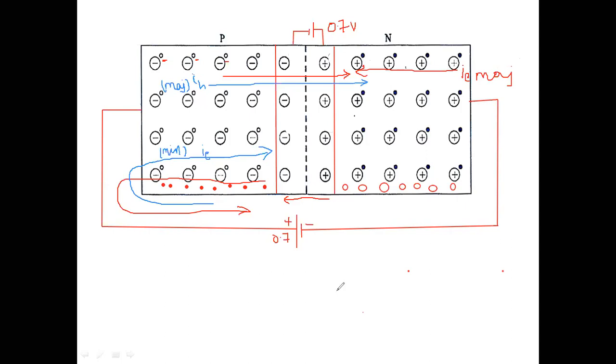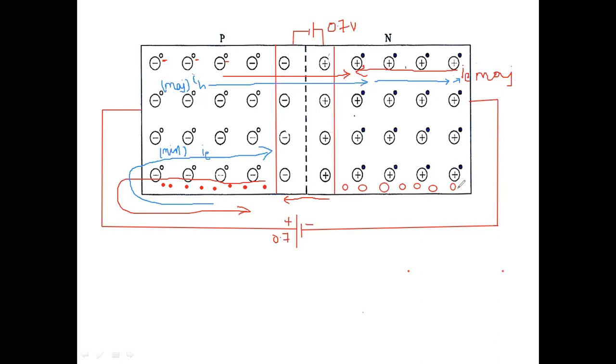Okay. Then what about direction of current? For direction of electrons and holes, I am using red color, and for direction of currents, I am using blue color. So electrons are moving from N to P. So what will be the direction of current? From P to N, opposite to the flow of electrons. Since electrons move towards this side, current due to electrons will be opposite. So this is the current IE due to majority charge carriers.